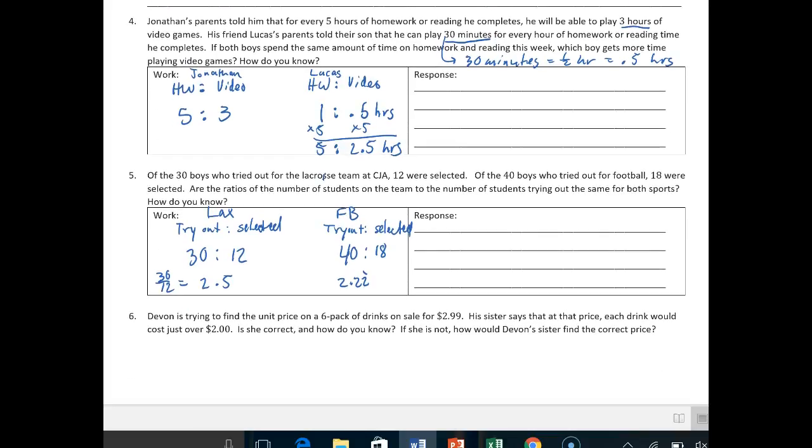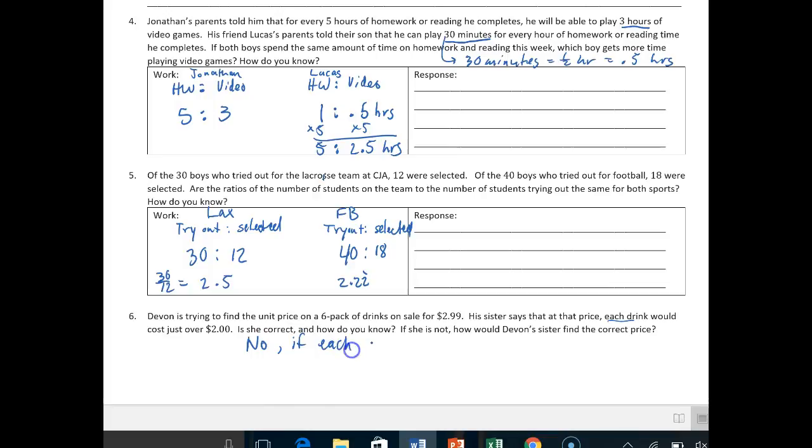Lastly, Divine is trying to figure out the unit price on a 6-pack of drinks for sale for $2.99. His sister said the price of each drink, so 1 drink in that 6-pack, would cost just over $2. Is she correct? How do you know? First of all, no way is she correct. If each drink in a 6-pack costs $2,